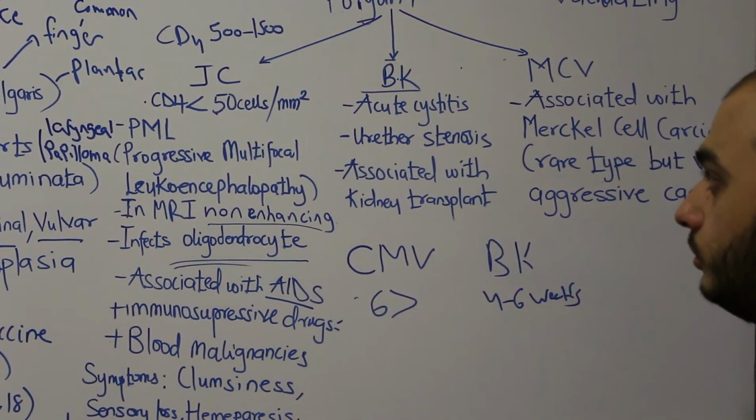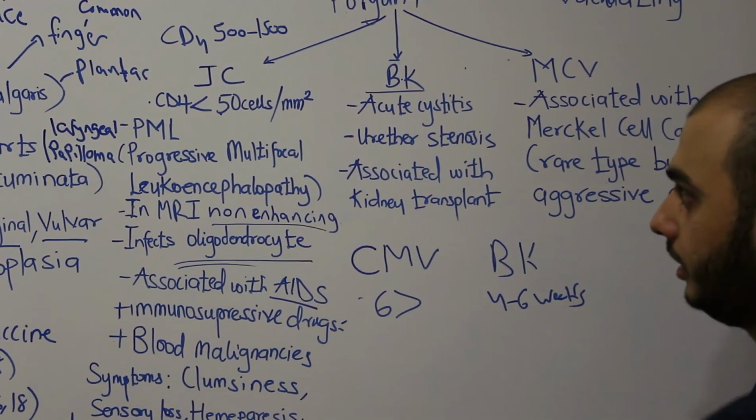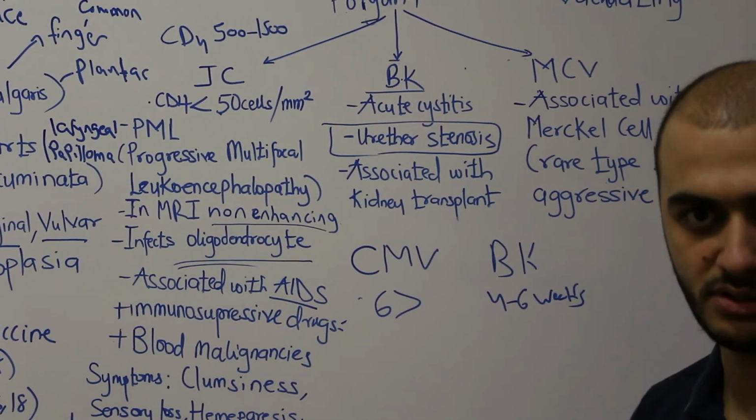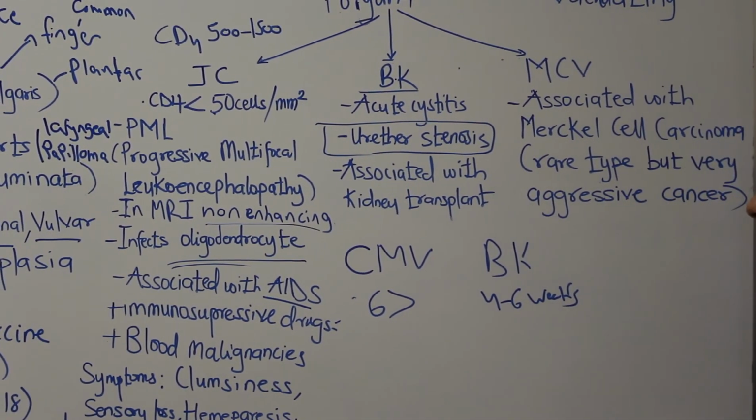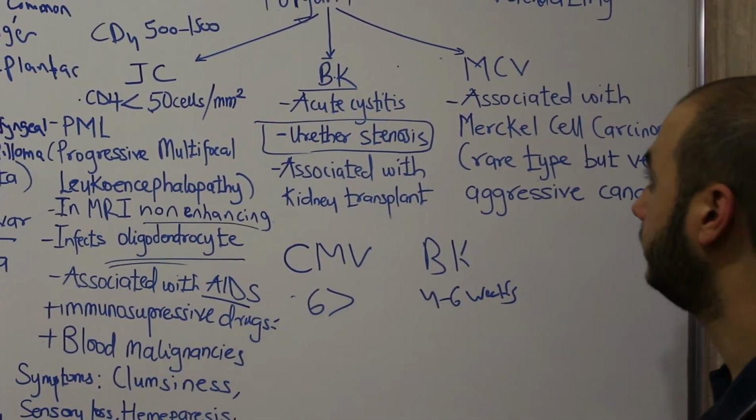Then what does it cause also? It can cause acute cystitis and ureter stenosis. And if it causes ureter stenosis, it can cause hydronephrosis. So that's it, the most important about this virus. Going to the next, which is